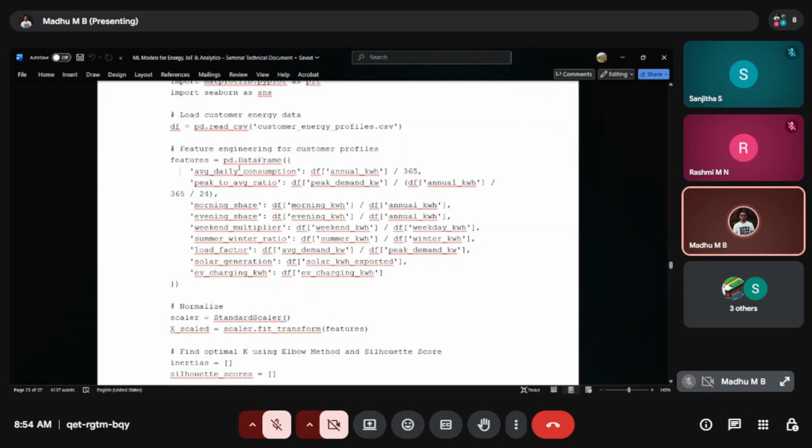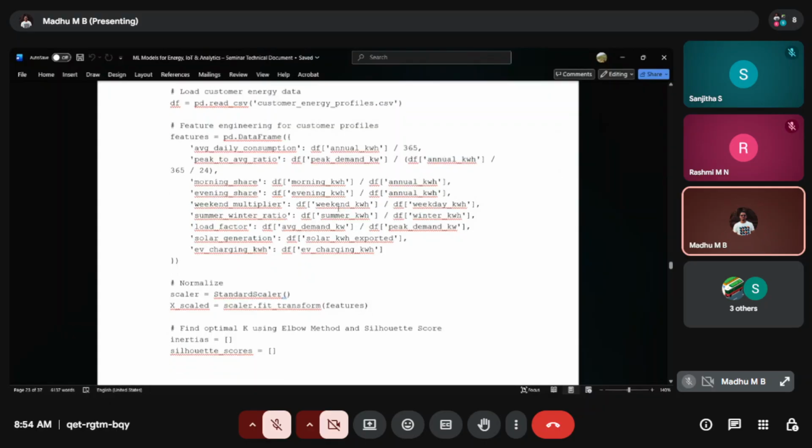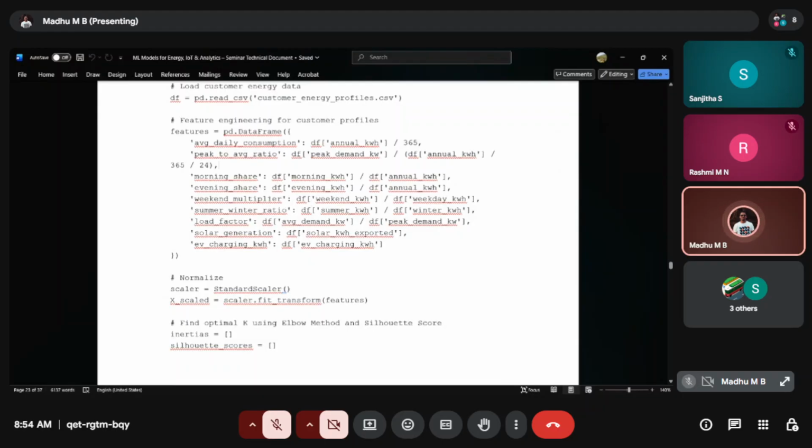Let's say we are looking inside this CSV file and checking the average daily consumption, the annual kilowatt-hour, the peak-to-average ratio, and the peak demand. I also want to see daily activity: the morning kilowatt-hour, the evening, the weekend, the summer, the average demand, the peak demand, the winter.